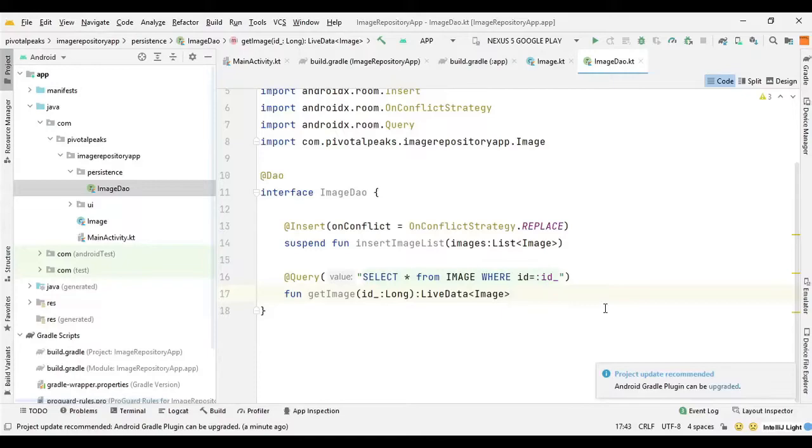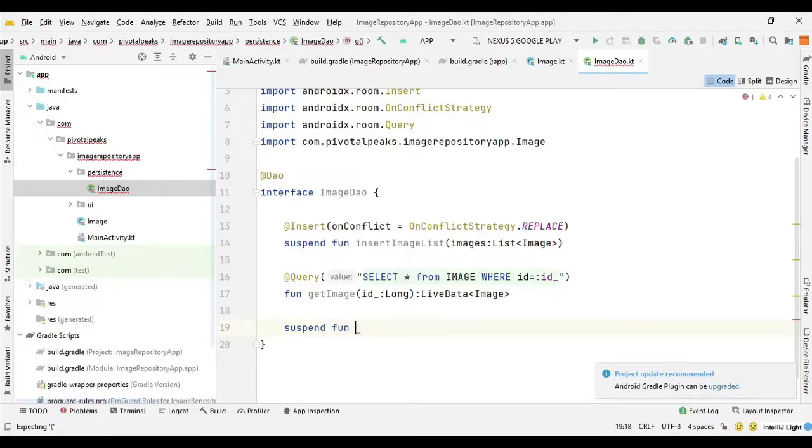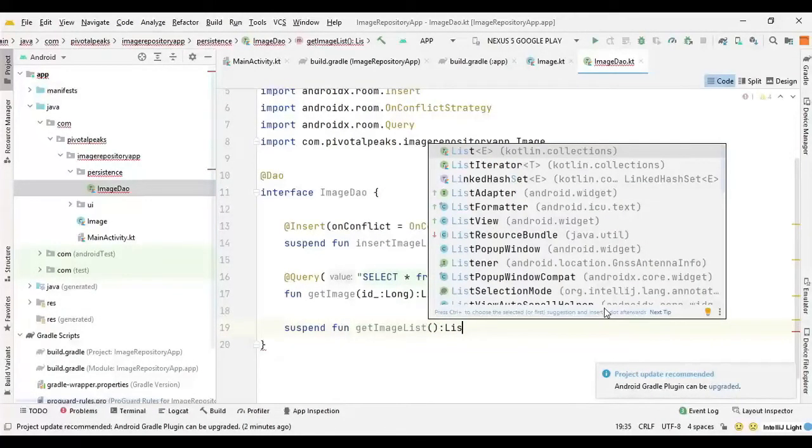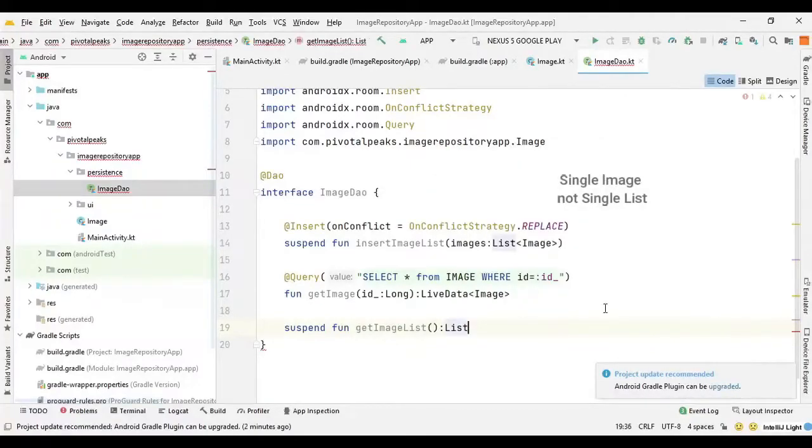Now we need another function or query to fetch all of the images from the repository. So we can again say suspend function getImages, or let's say getImageList. That would be better. And here it's going to be of type list because it's a list of images and not a single image.